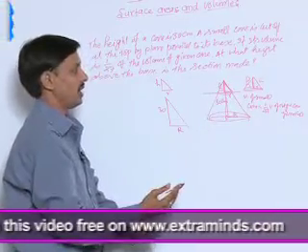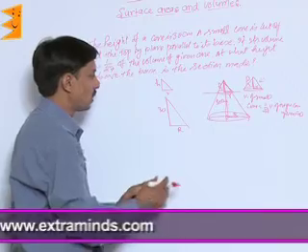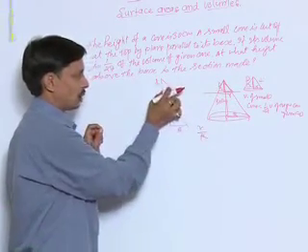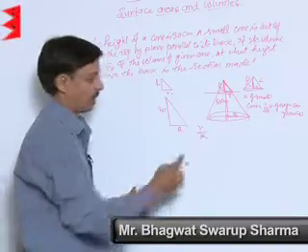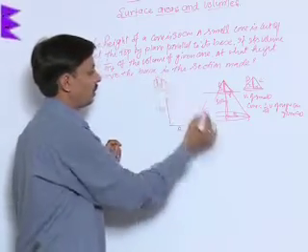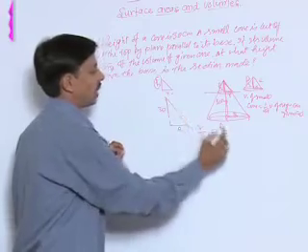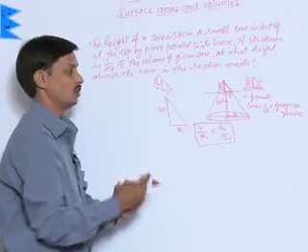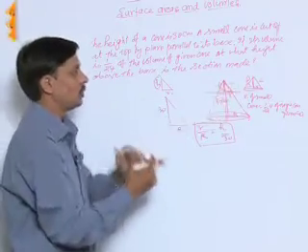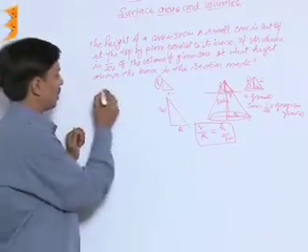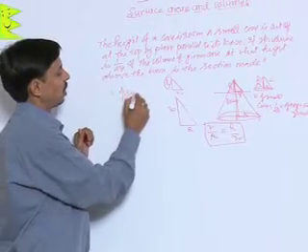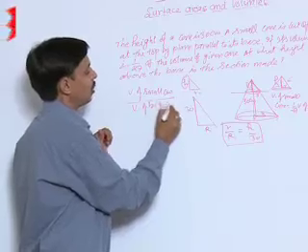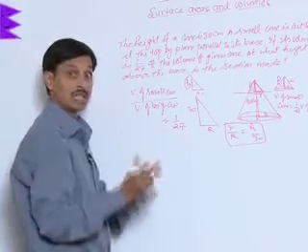These two triangles are similar. So similarity says that the ratio of sides is equal. So I can say small r upon capital R, that is base of a small triangle upon base of big triangle, is equals to height of a small one upon height of big one. It is an important relation that will be used. Now the ratio of their volumes, that is the volume of a small cone upon volume of big cone, is equals to 1 by 27.